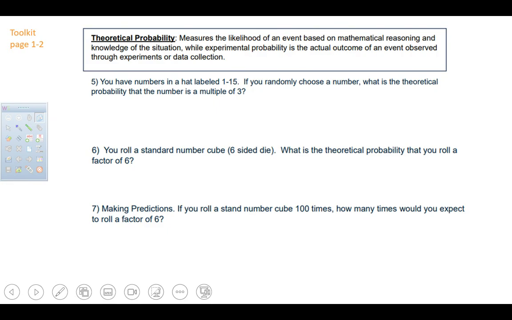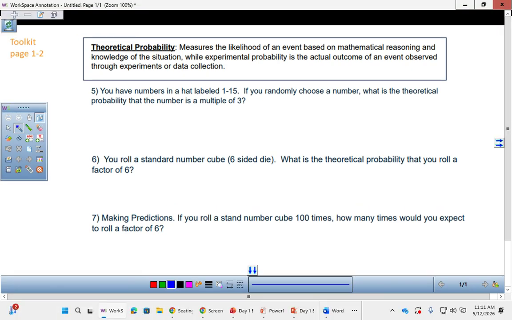So the first example says you have numbers in a hat labeled 1 through 15. If you randomly choose a number, what is the theoretical probability that you get a multiple of 3? There's a lot happening in this problem, all right? It's not experimental. Experimental would be having a hat with 15 numbers in it and walking around and asking you to pick numbers out and me recording that information and then me finding the answer, okay? This is just hypothetical. So if I'm thinking about the hat itself,